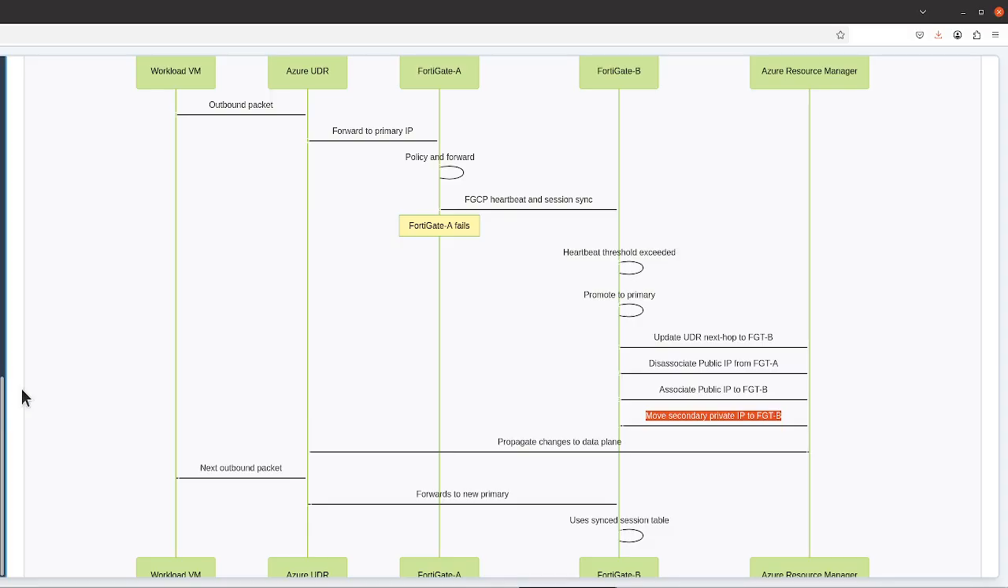Once ARM propagation completes, the workload virtual machine sends its next outbound packet. The UDR now points to Fortigate-B. The packet is forwarded to Fortigate-B, which uses its synced session table to recognize the connection, applies policy, and forwards to the destination. From the workload virtual machine's perspective, a brief packet loss window occurred but the session continued through